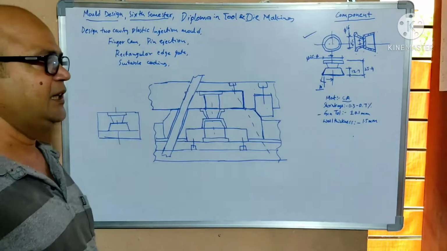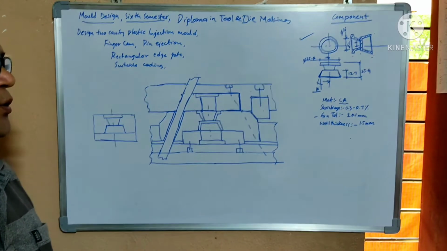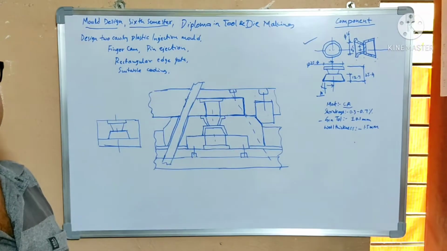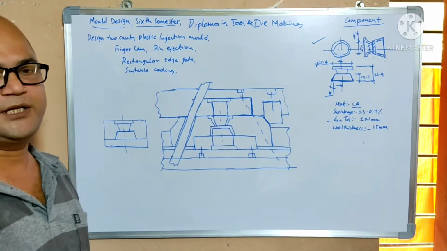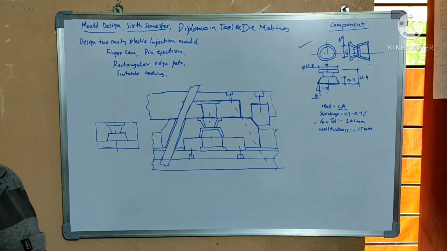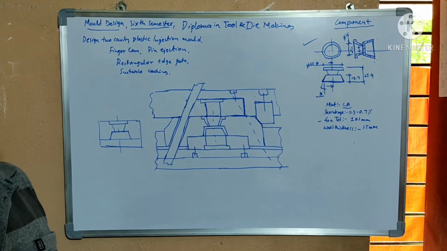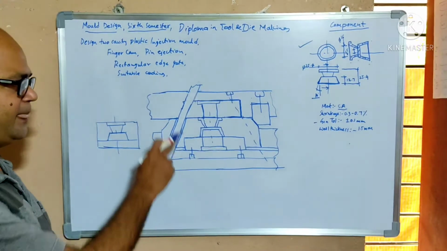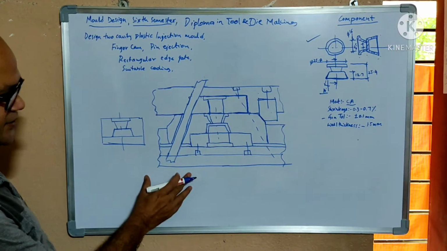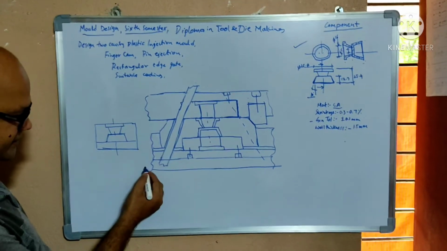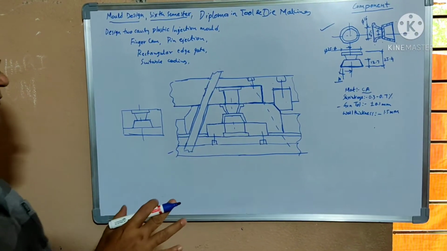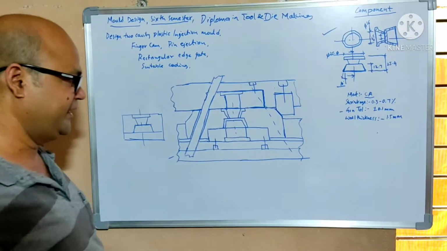Now to get the component from the tool, we are using the injection molding method with split cavity or side cores, which is used for the side cores. I want to show you here. You are going to see this one. This is the principle of the mold for this component.